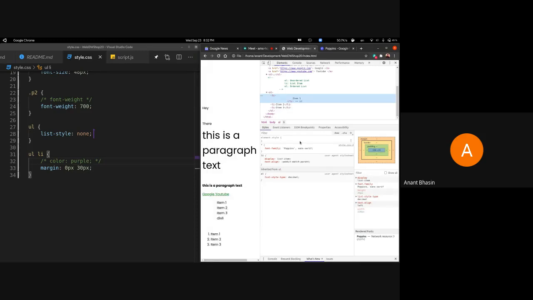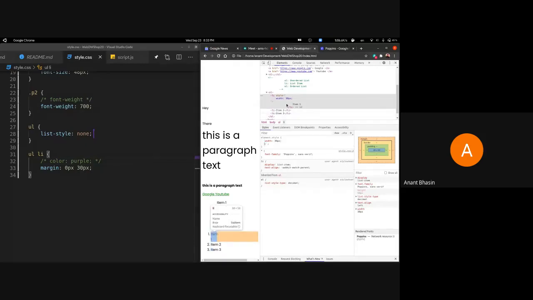So given that, I can actually come over here. This is another thing you can do when you are just experimenting. We can give it a width of, say, 30 pixels. Now you can see that it's acting like a display block element.